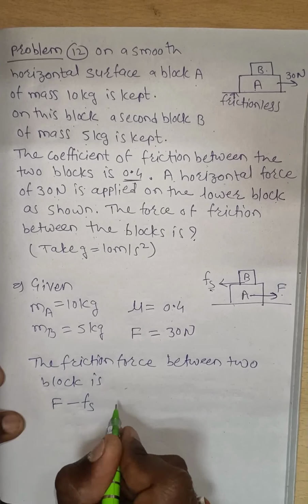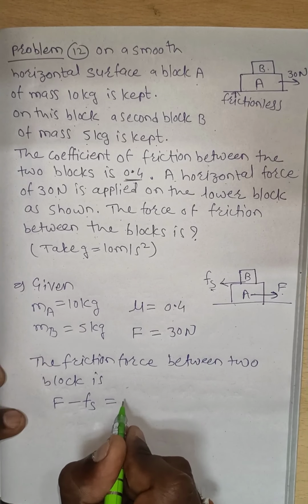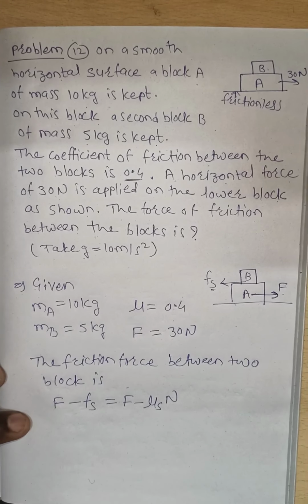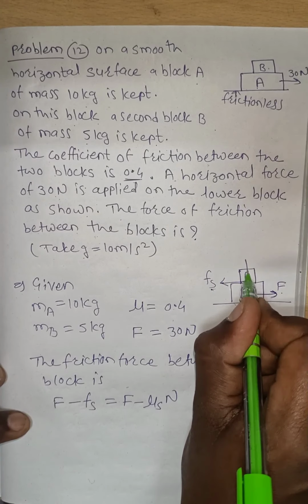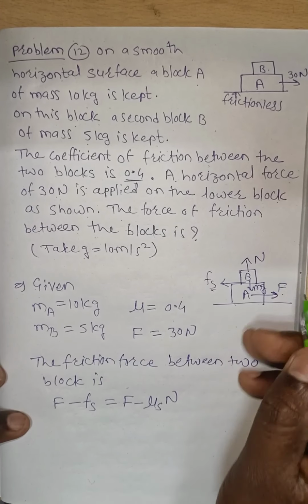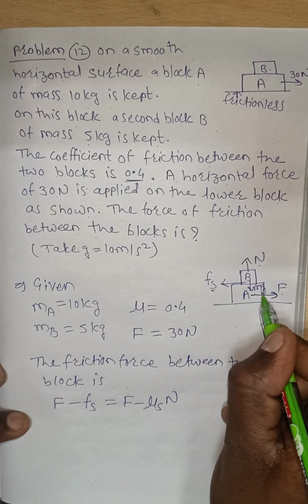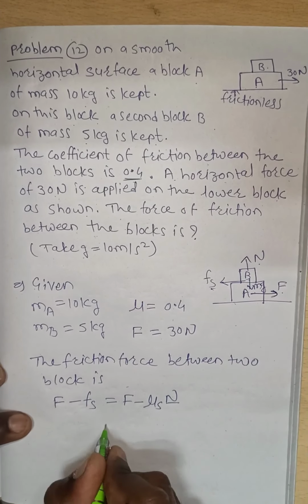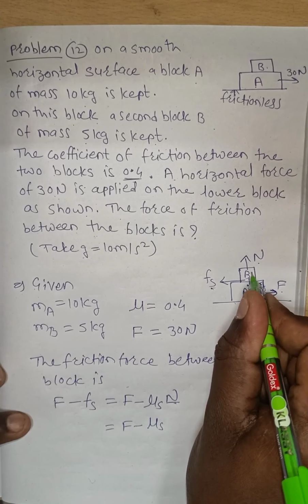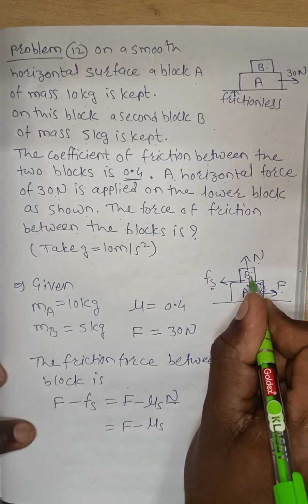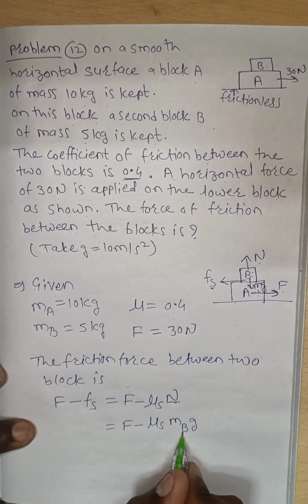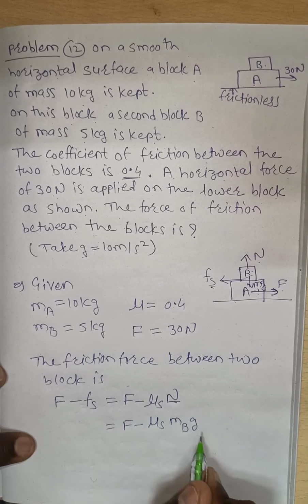The applied force minus static friction is equal to the applied force minus mu s into N. Now in that case, on that block the normal reaction force is in the upward direction and mg is in the downward direction, therefore N is equal to mg. Here mg is the weight of the second block, therefore mb into g, the mass of block B into